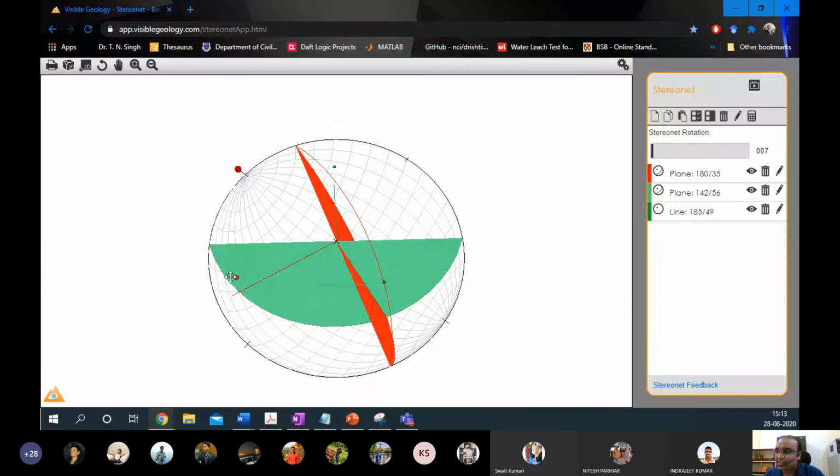If I say this point is the pole of a plane, it will actually represent a single plane in its full extent, because based on the location of this pole, I can know what the inclination of this plane will be, and what the dip direction or the strike direction will be. So the beauty of the pole is that just a single point represents a whole plane.